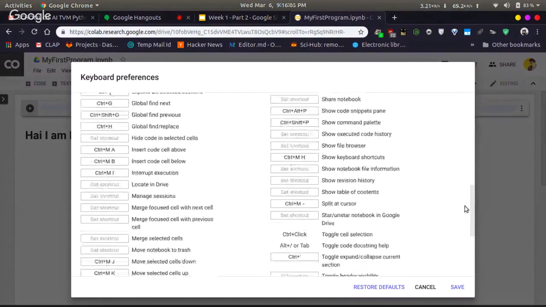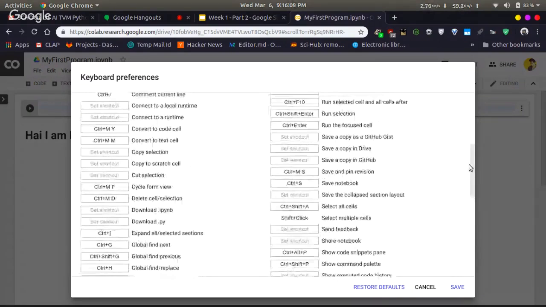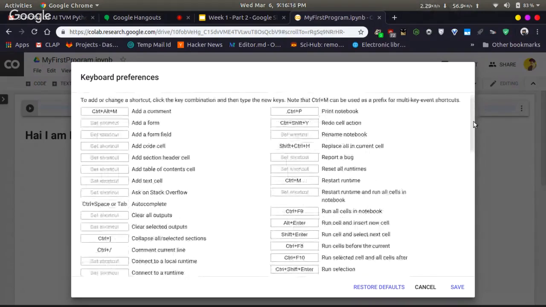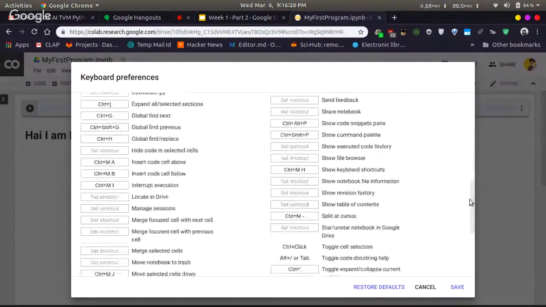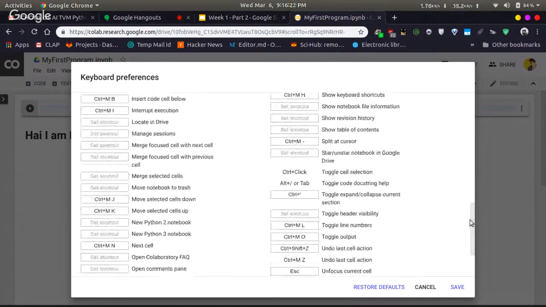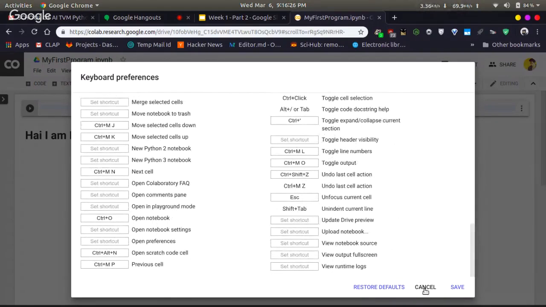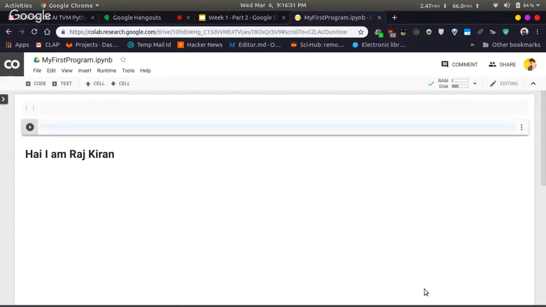Where is it? I'm not seeing it. Add a code cell below. I'm not seeing it, but the shortcut is Control M and B. You can look it up.